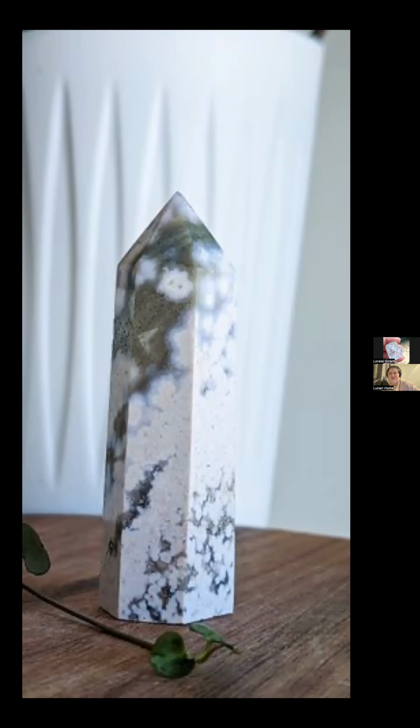So what about jasper that you find in Canada? Like you can find red jasper here. Yeah, red jasper is probably pretty common, so you can find that all over. I found a bunch of red jasper on the weekend, actually, right from Lake Ontario. I only took a couple pieces because they all looked the same and it was boring. I was like, well, I guess I'll take these home and tumble them. We need to buy a tumbler. Yeah. Next on the list after the Rock and Gem show, I think.